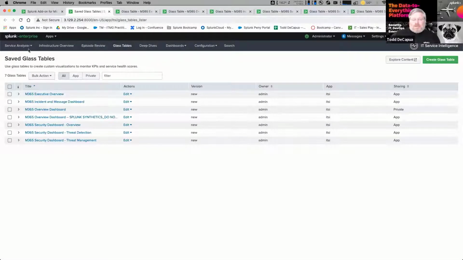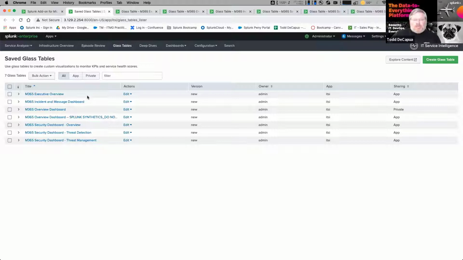Another area that I would like to highlight for you today is around glass tables. This is another way that many of our customers, and again, as we think about those different personas that we had mentioned, you can see that these are tailored to those. So whether it's an executive view, a business leader view, IT operations, DevOps, security, those different personas all want to see a little bit different information. However, make them all available and easy to navigate across so that you can quickly look at, identify, and resolve issues going on in the environment, or at least be able to understand what is going on